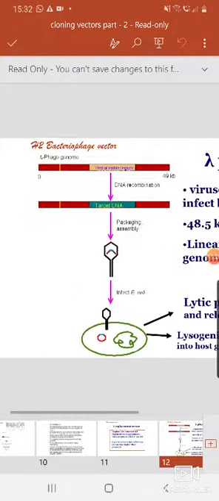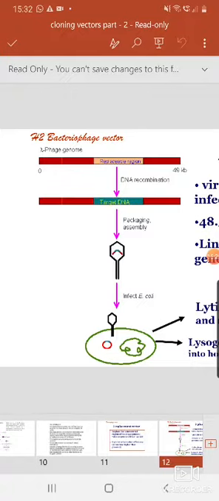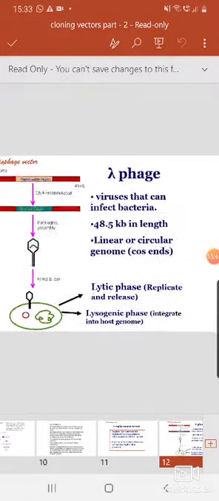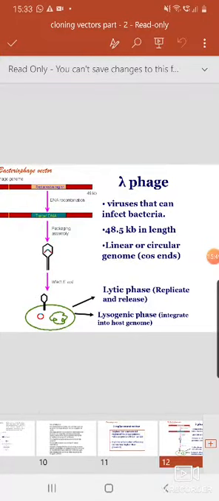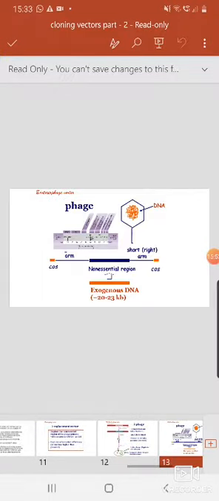Now you can see what I just mentioned here. This is the lambda genome. The orange-red color shows the two arms. In between is the replacement region, and the target is the green color. That part you can replace. Maximum capacity there is 20 kb. Remember, the problem is that it cannot accommodate more than 50 kb in its head. So 48.5 kb is the total length, so that is the maximum we can manipulate. Now you can induce it to go for lytic phase, and you can select the plaque.